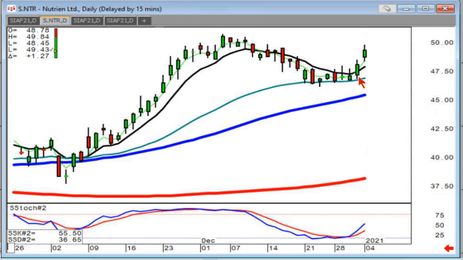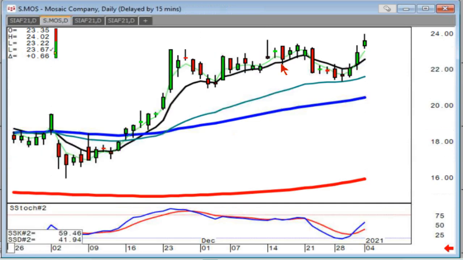But the fact that they did kind of a little inverted hammer, gap up, what do we expect? With stochastics coming up, bouncing up through the T-line, gapping up today, not only gapping up, but trading strong even though the market was off 400 points. That's NTR. I guess that's an agricultural chemicals